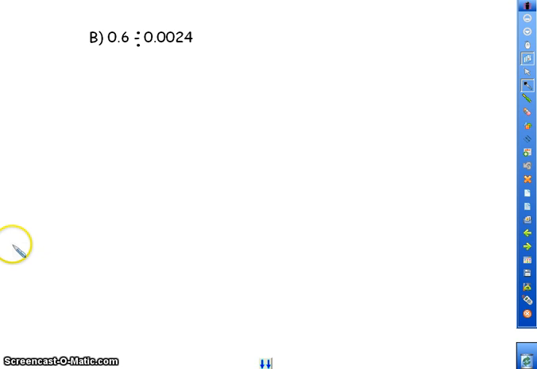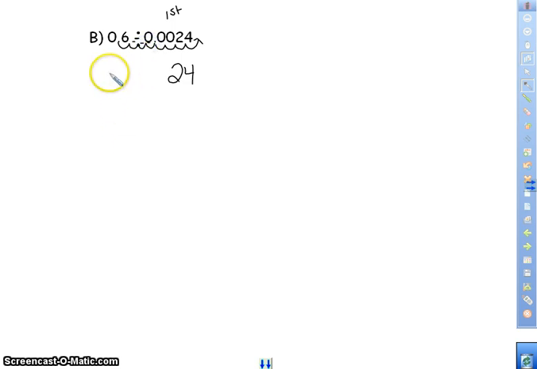Okay, now for this number, for my divisor here, I'm going to have to go back 1, 2, 3, and 4 places to make that a whole number, making that the number 24. Well, this one, you'll notice that I don't have 4 places to go back. So what's going to happen is I'm going to go over 1, 2, 3, and 4, and then in these blank spaces, I'm going to have to put zeros. So it's going to be